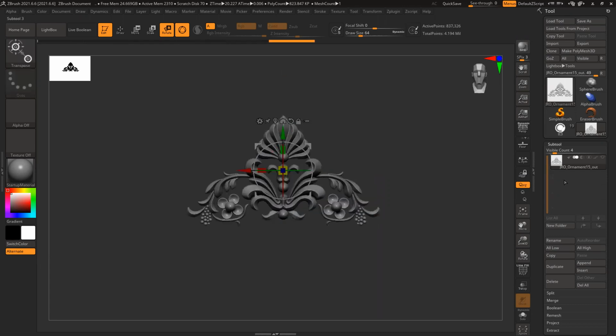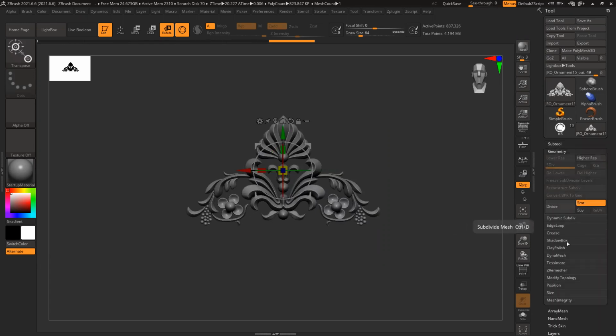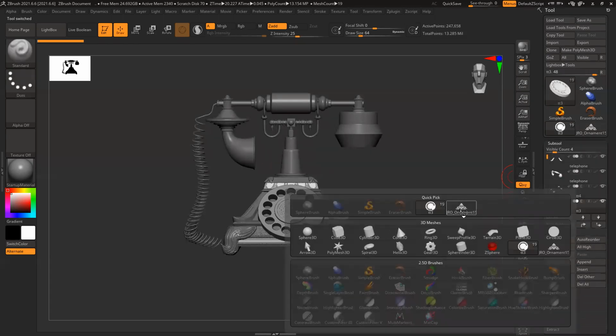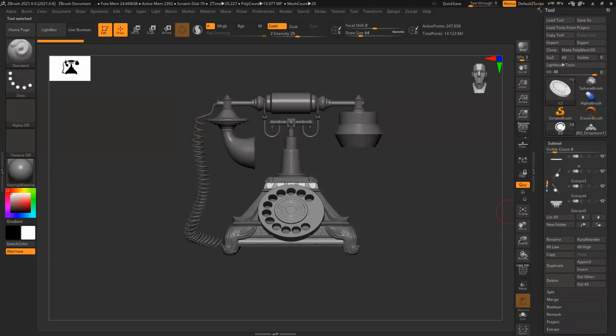Rest everything is not visible. I can go to Geometry, Modify Topology, Delete Hidden. So millions of polygons are reduced. I'll go back. For some strange reason it wasn't working.